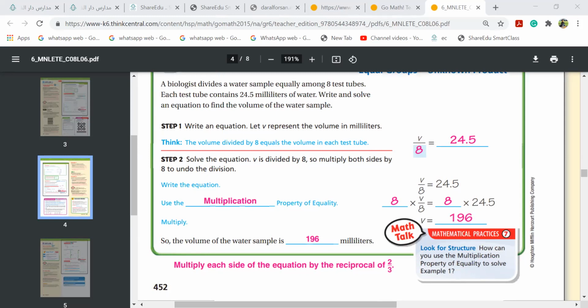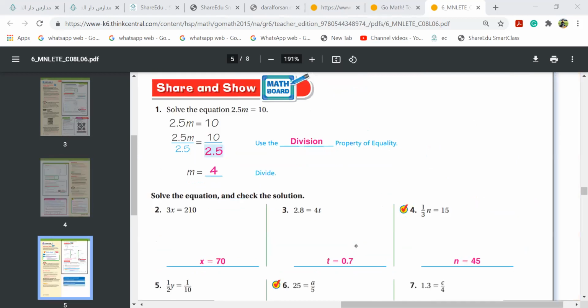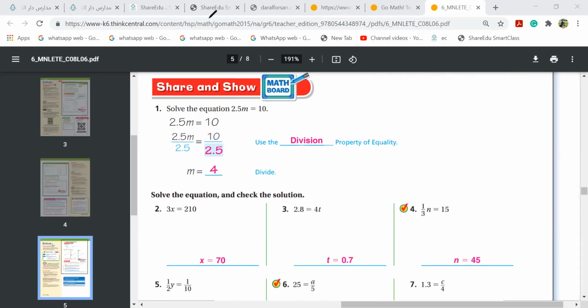Done? Okay. We have, yes, Malak, let us start with you. We have 2.5 m equals 10. Okay, Malak, I want to make m alone. Where will 2.5 go? First we put 10, then 2.5. Where? Down or up? Down. Excellent, Malak. This is what I want to know. That's it. And when you solve this, you get